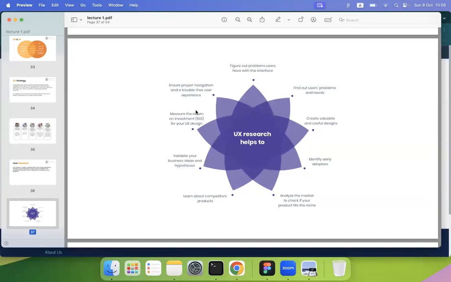So the final one in here is ensure proper navigation and trouble-free user experience. You have to make sure that you give users an idea about where they are, and that you give them a trouble-free user experience, especially without server downtimes, and so on. That is also part of user experience, because the user is trying to experience your